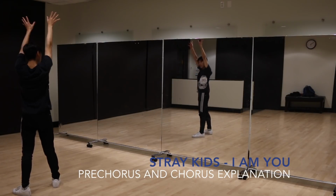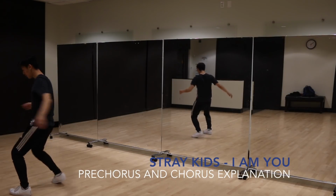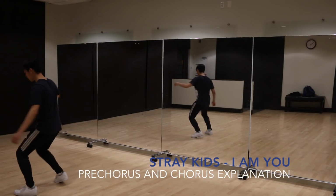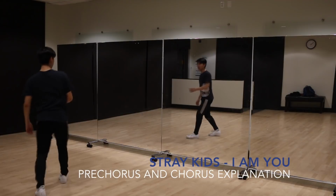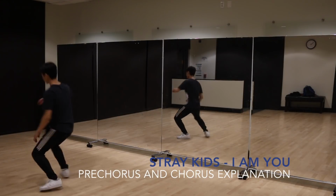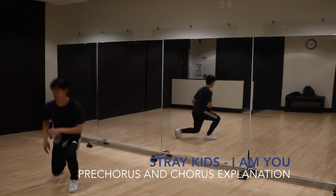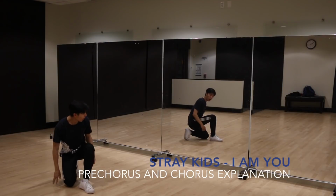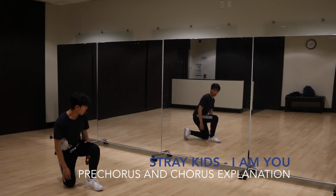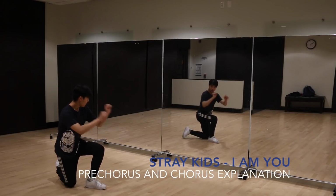On 8, you're going to throw up. Same time, you're going to use that to turn towards your left. And as you turn towards your left, you want to spin your legs so that you end up like this. So you're going to basically turn this way and end up like this. So this is going to be 8, 1. On 3, you're going to hit this position. 3,